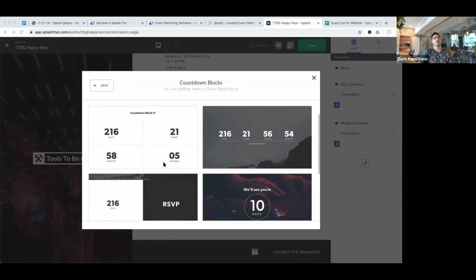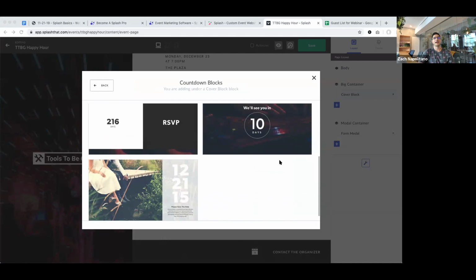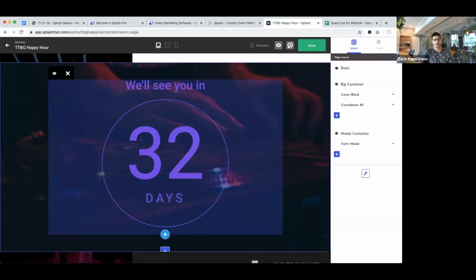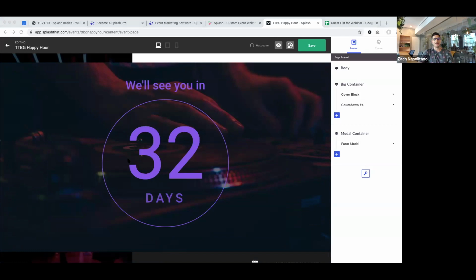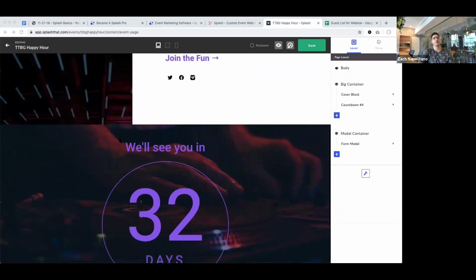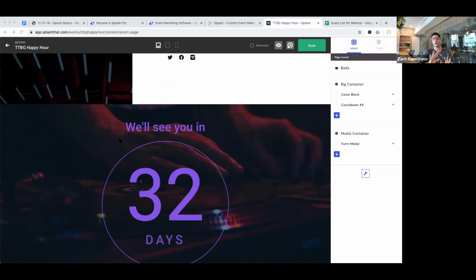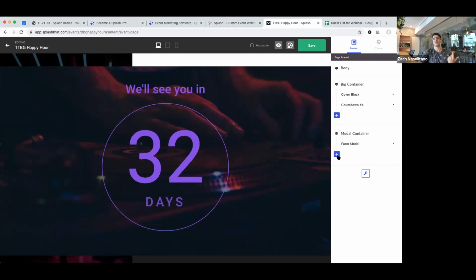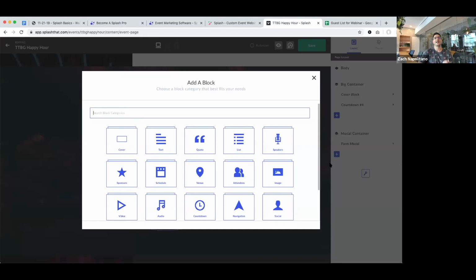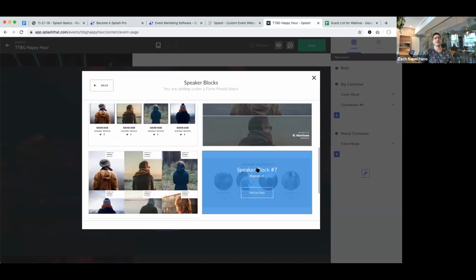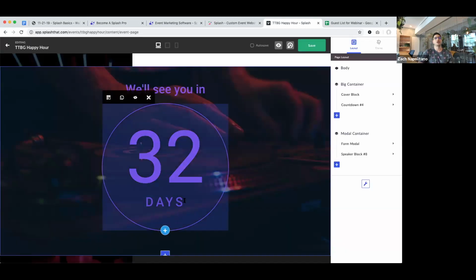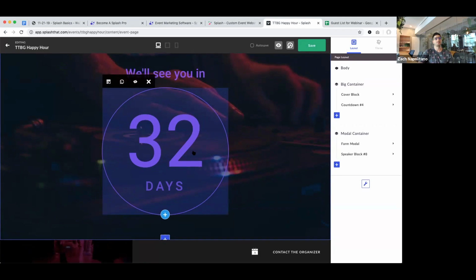So I'll find a countdown block that I like. How about this one? And click into it. In doing so, that has just added some new content on the page for me that's pretty versatile. We'll get to designing that in a moment. The other block that I really would like to add, maybe two more, I want to add a featured guests part, and I think a speaker block might be a helpful way of doing that. So I'm going to add a speaker block to my page so I can upload some headshots.